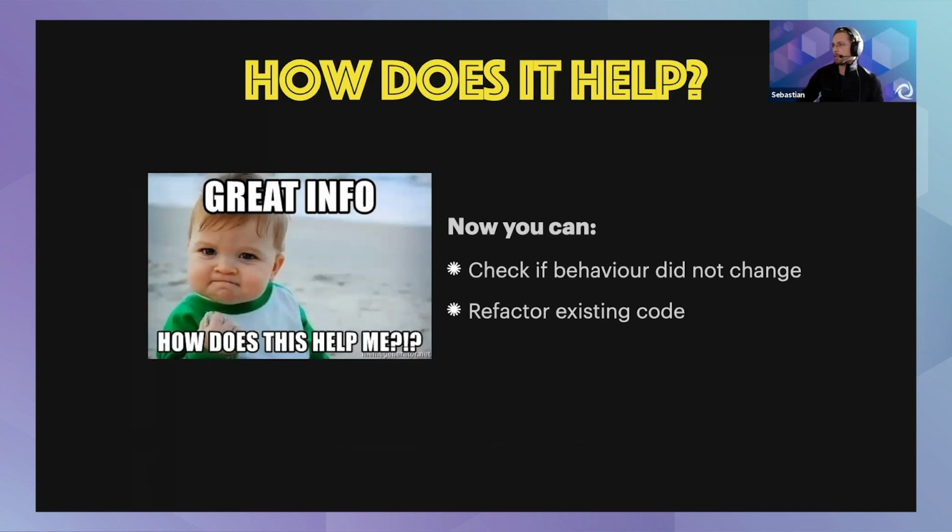And how does it help you in refactoring? Because, yeah, great to know, but what does this give you? You're sure that you didn't change behavior. If you want to refactor code that is unreadable, not tested, hard to maintain, you don't want to change its behavior. You don't want to extend it. This technique is not for extending your code base. It's not for adding new features.